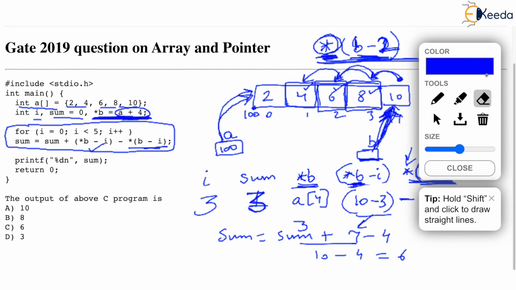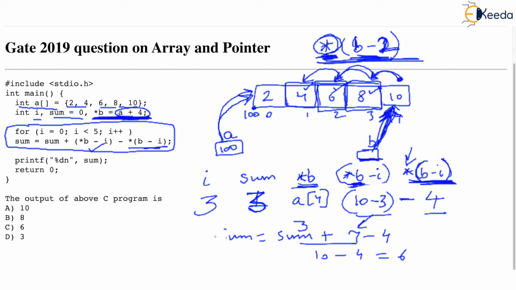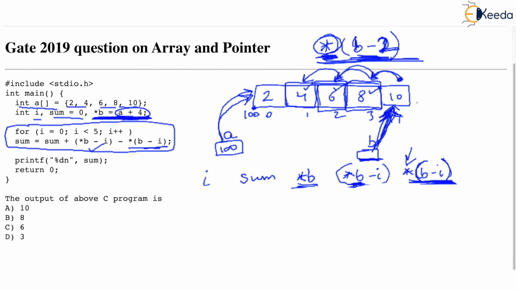And now ready for the last repetition. But anyway, the sum is 6 now. So what we now have is sum is 6 and I is now 4. Ultimately, the last repetition. The pointer b is always at A4. Now this asterisk b is anyway 10. 10 minus 4. And this quantity written in the bracket here, b minus 4 it will be. B minus 4 means go back or take the address of the element which is 4 locations away, and then get the value, that is 2.